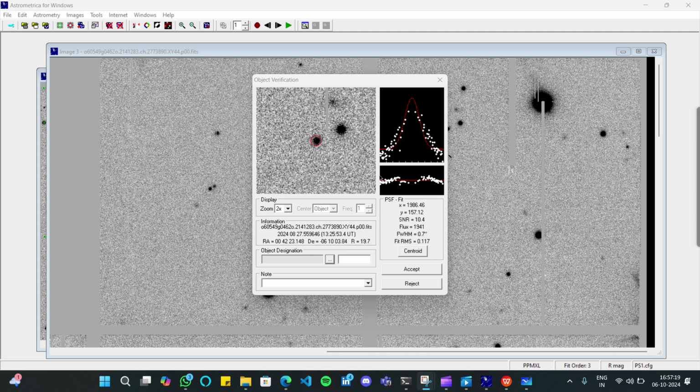So the second thing that you have to keep in your mind is that small dots should move in a linear fashion. And the third thing is the white dot should be clustered with the red line. The fourth point is the SNR, that is signal to noise ratio, should be greater than or equal to 5. And one other point is the radius. I will let you know at the end. So let me cross it.